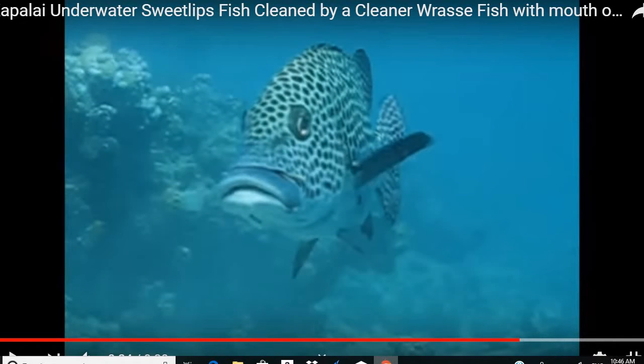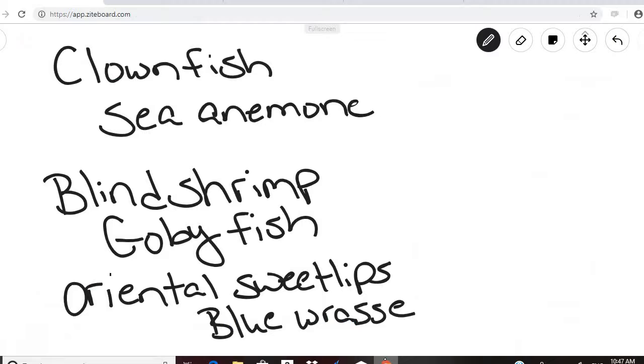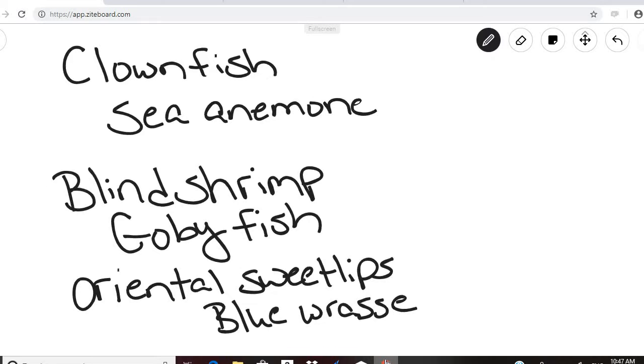Okay, so again, that's enough of that. Just so that you can see the relationship between the blue wrasse and the Oriental sweetlips. Now, what we've looked at here are individual relationships, like the clownfish and the sea anemone, so two organisms. But mutualism can also exist where there are many organisms involved in a mutual relationship. So, for example,